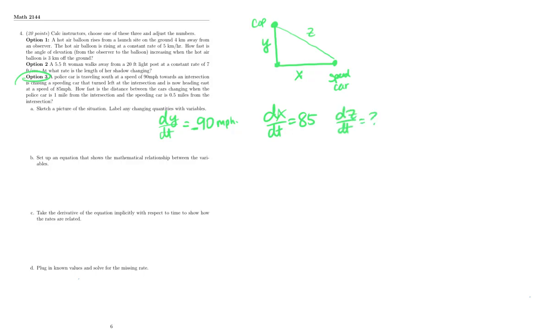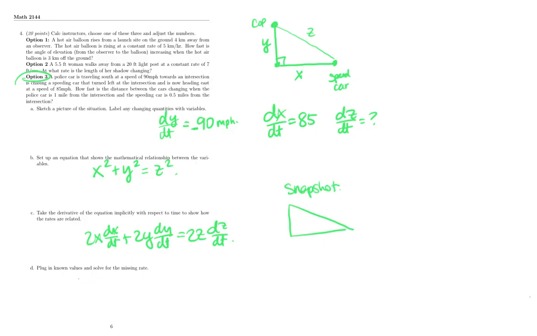at a particular moment. Then it says set up an equation that shows the mathematical relationship between the variables. So I'm just going to use the Pythagorean theorem because this is a right triangle. x squared plus y squared equals z squared. Then take the derivative of the equation implicitly with respect to time to show how the rates are related. So I'll get 2x dx/dt plus 2y dy/dt equals 2z dz/dt. Okay, and so I have values for dx/dt and dy/dt, but I don't have values for x, y, and z. What I need is a second picture, and this picture is going to be a snapshot